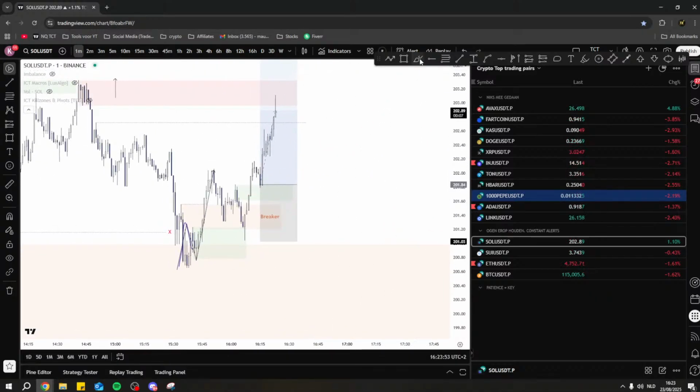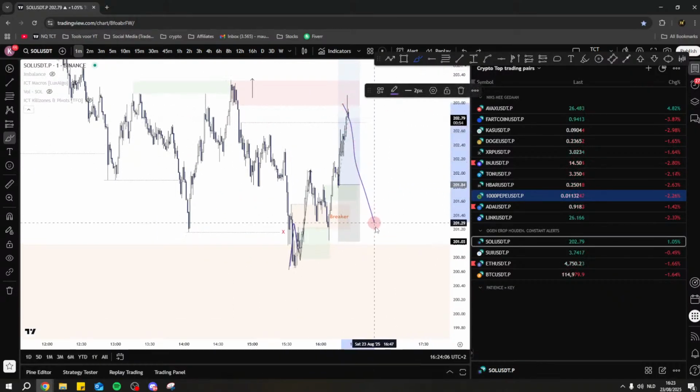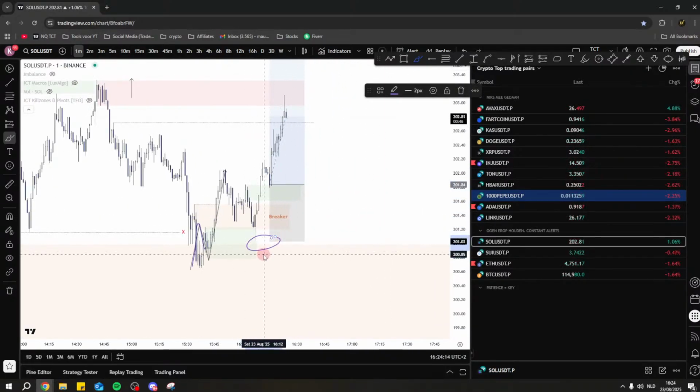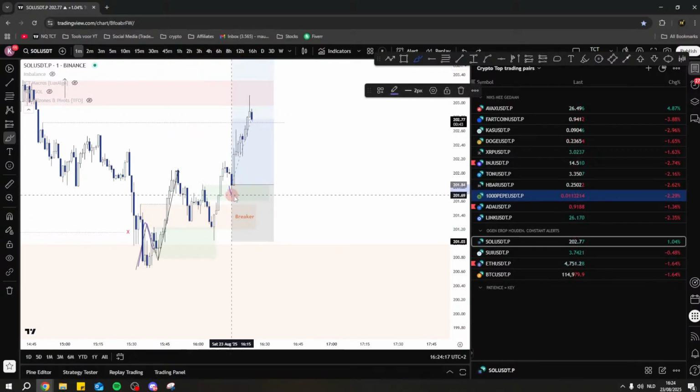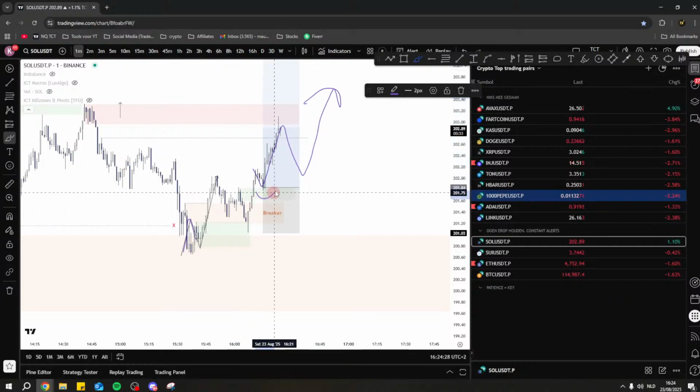Because your entry was here and you've pumped up this aggressively, I would personally put my stop loss here, because we are scalping. This was your pullback that tested back this structure. No reason to get back there, unless we can actually go all the way over here again and then do something. But I do not want to be in the trade then, because that's where my original stop loss is. I do not think price has reasons to turn towards these lows now, so we just need to continue this trend and we can expect upside. That's why I would also cover my stop loss now with that.